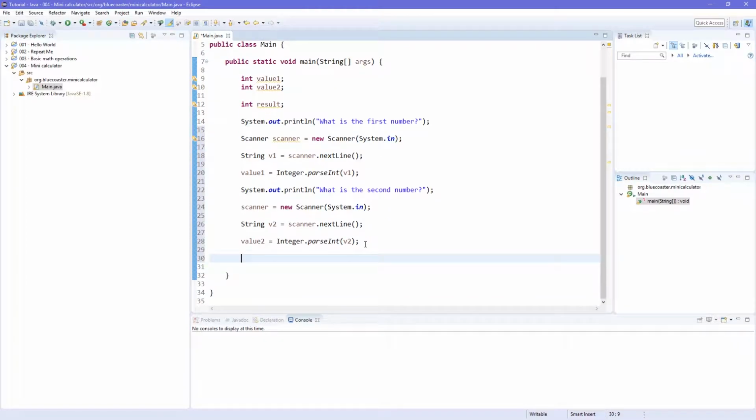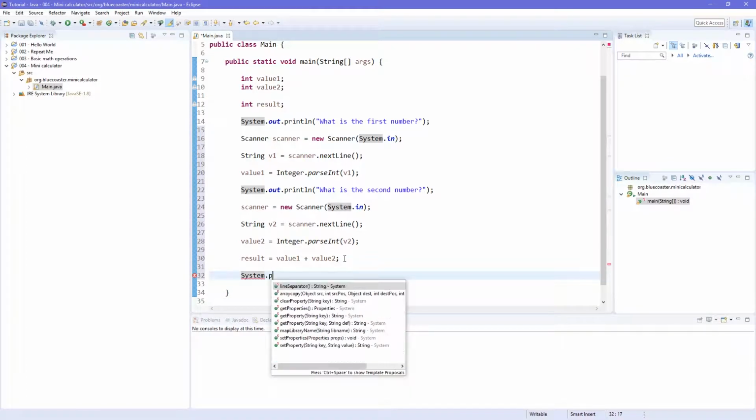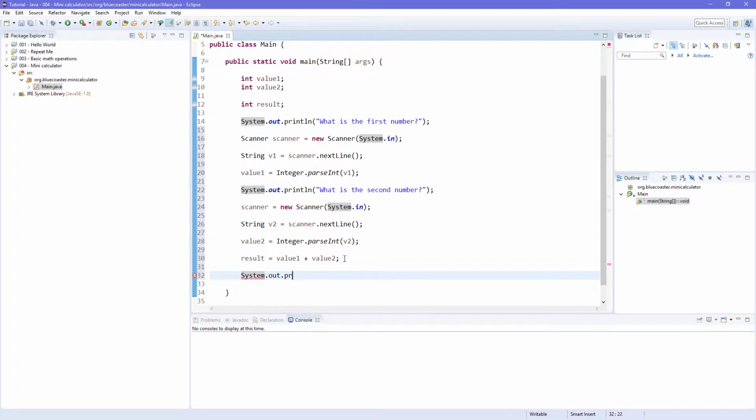So the next thing we're going to do is say result equals value 1 plus value 2. And this should add value 1, value 2, put that operation inside result. And the last thing we're going to do is say system.out.println, and we're going to say the result